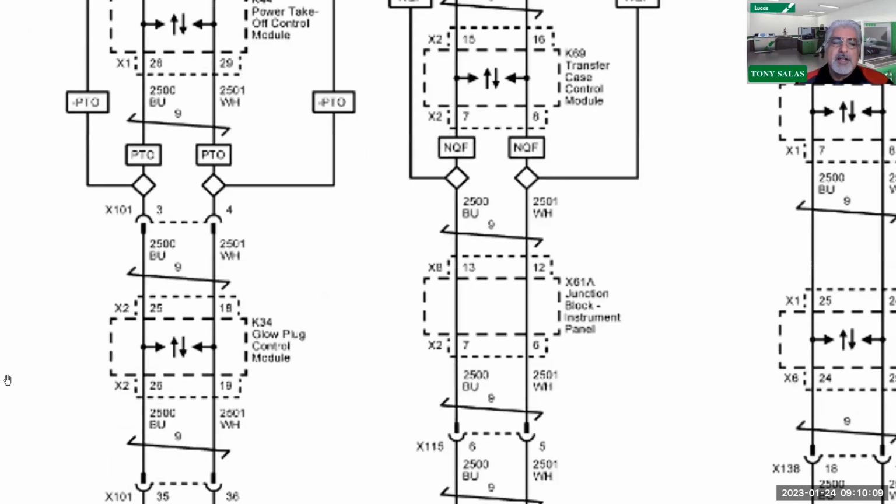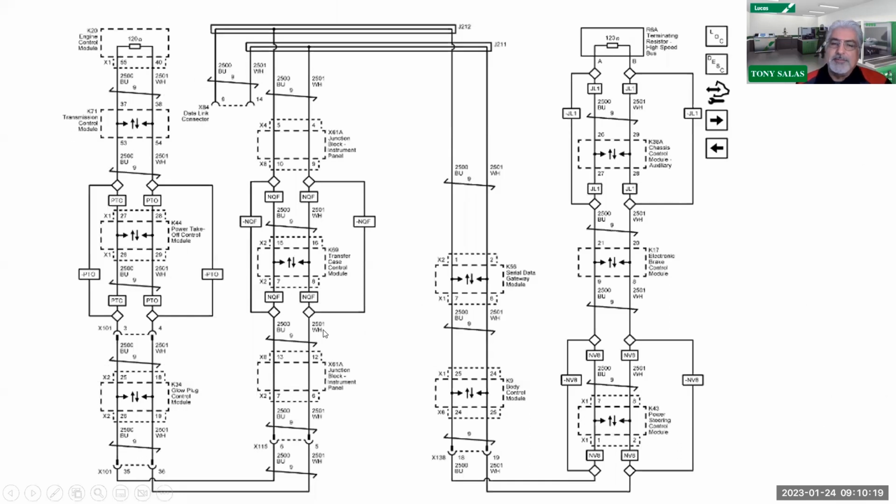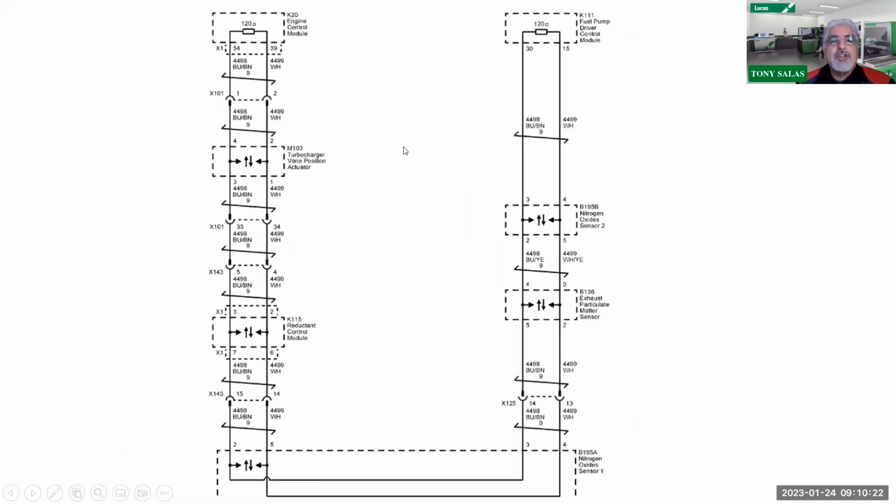So if not, you can have issues with programming. In other words, one is behind the other. So with that said, it may require more than one module to be programmed. Interesting there. Now, when you look at internal CAN communication, this is the new name